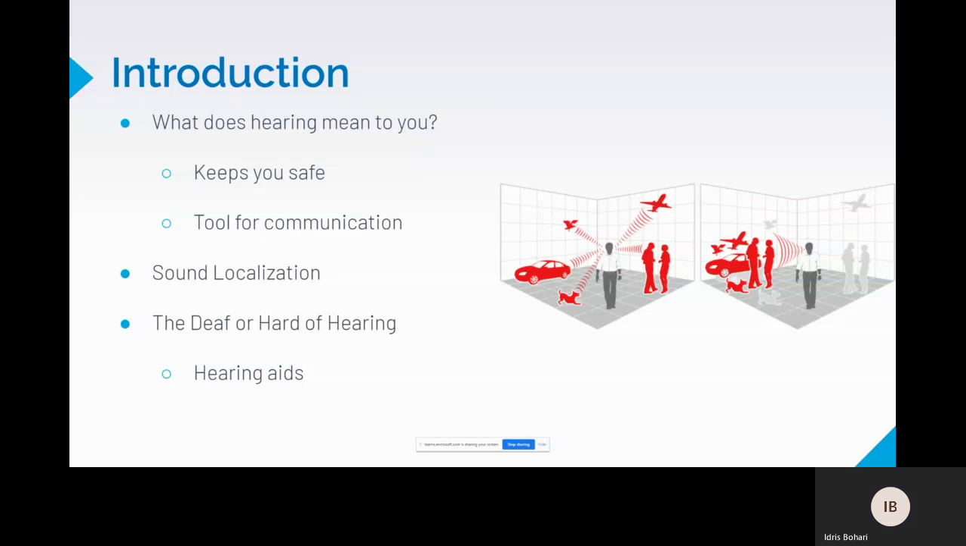For example, you're walking on the street and you hear an alarm or you hear a car honk. That keeps you safe from knowing that there's a car coming in your way. Or you would talk with someone and you'd know who you're talking to by where the sound is coming from. This encapsulates the whole concept of sound localization, or being able to tell where sound is coming